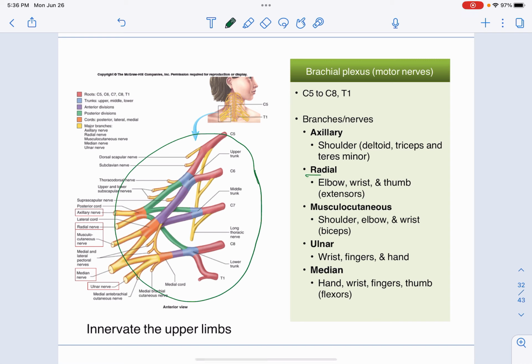So there is the radial nerve that comes out of this plexus, the ulnar nerve. There's a nerve called the median nerve that runs right in the middle. I have a picture that shows you this. The axillary nerve is going to run under the armpit area and around our shoulder, and same with the musculocutaneous nerve, okay? So in this situation, be able to name two of the nerves in this plexus